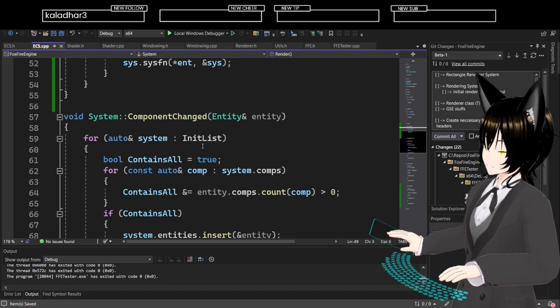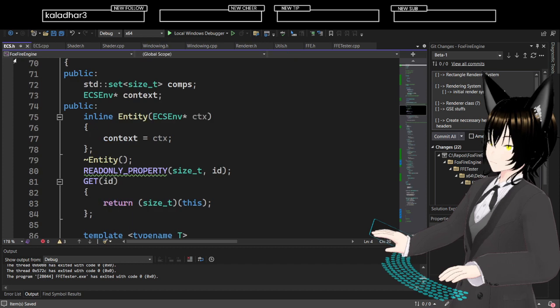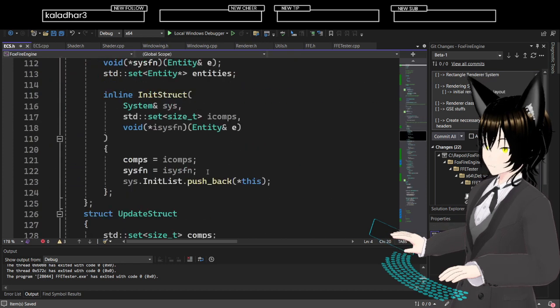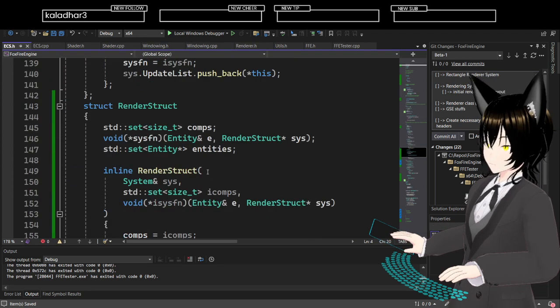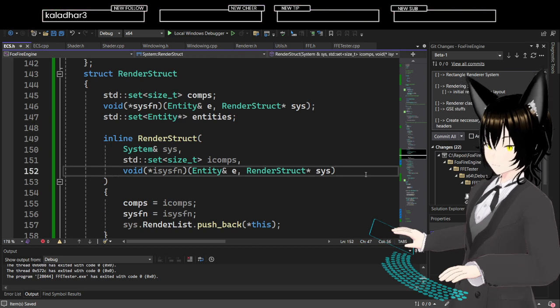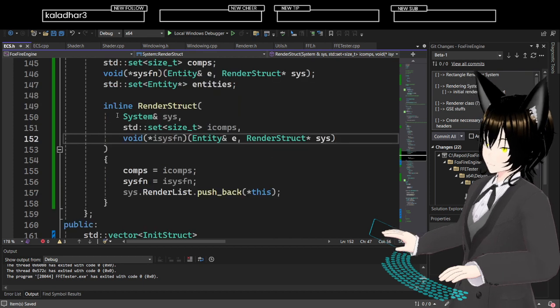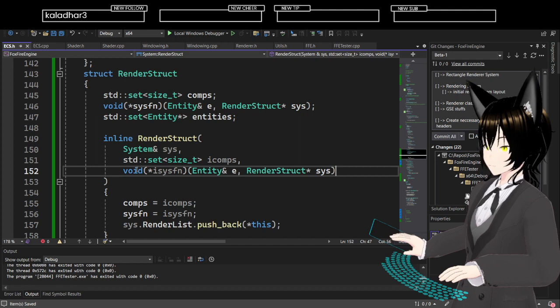And then that should be it, because I just need to be able to pass in, set the render struct. Yeah, you have the